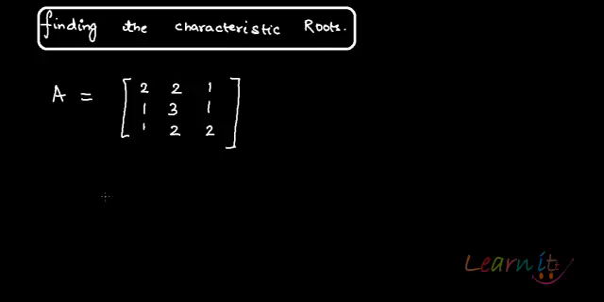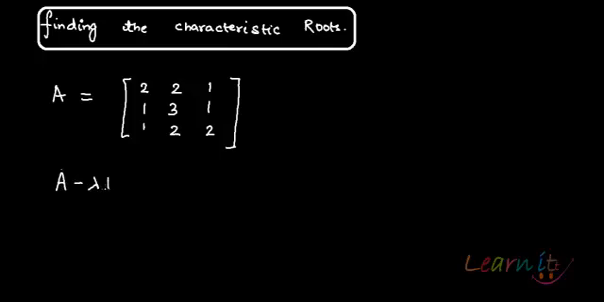Let's try to find out the characteristic roots of the following matrix. A is given to you as 2, 2, 1, 1, 3, 1, 1, 2, 2. So while finding out characteristic roots, as we previously saw, we need to use the characteristic equation. So first of all, let us find out